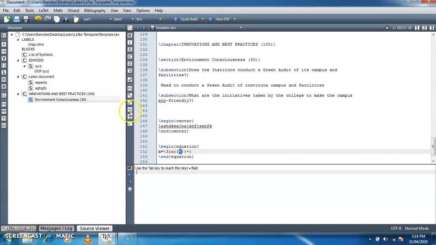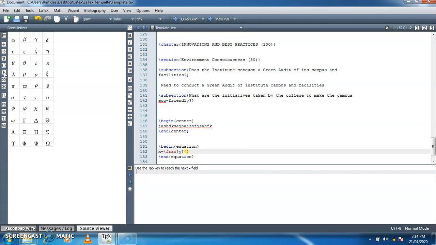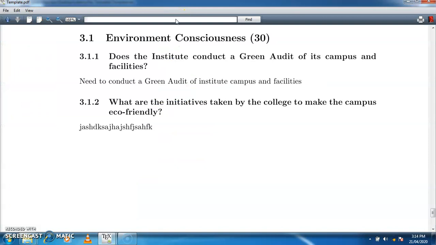This particular sign is for the fraction, meaning x is equal to y upon. Suppose I want to use some other symbols, you can use the symbols in this left panel. There are so many symbols available in LaTeX. Suppose I want to write x is equal to y upon alpha. Let's see what happens after executing.